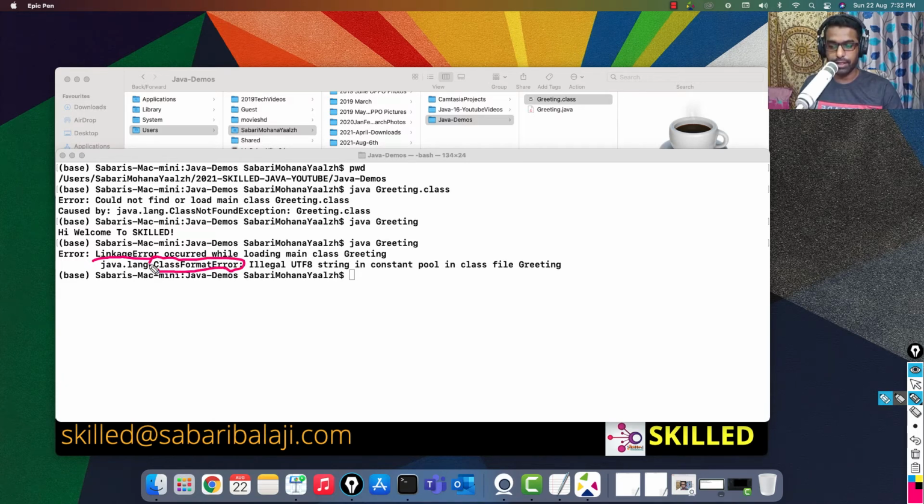So you can see that during the bytecode verification, it looks at the originality of the dot class, whether the dot class is in the correct format or not. But how does it know that it got modified? Someone has opened it. That's because it maintains the compiler version in it. Internally in the junk, there will be a compiler version, and if that version is modified, then obviously the JRE will not allow the dot class to get loaded into the JVM.